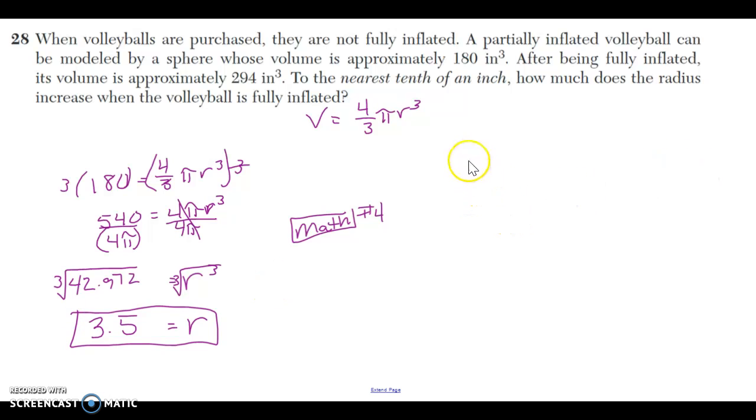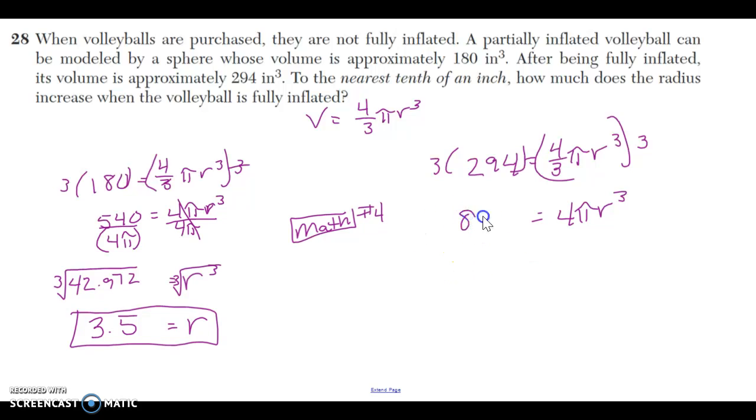294 equals 4/3 pi r cubed. So again, multiply both sides by 3, and you get 4 pi r cubed equals 294 times 3, which is 882. Divide both sides by 4 pi. R cubed equals, again, don't forget to put the 4 pi in parentheses, 882 divided by 4 pi,